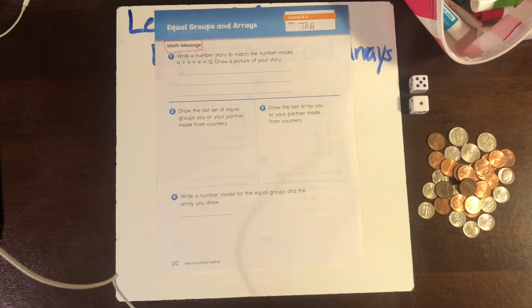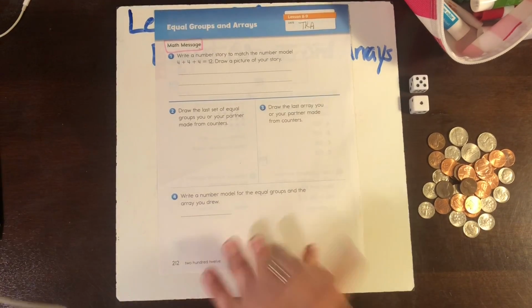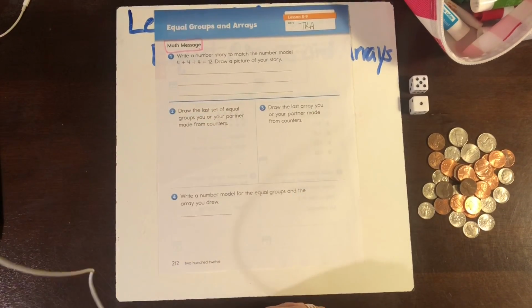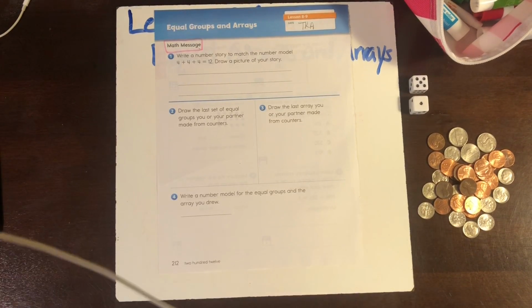It says, write a number story to match the number model 4 plus 4 plus 4 equals 12. Draw a picture of your story. So you can draw your picture over on the side right here, but these lines are for you to write a story. So I'll give you time to do that. All right, now that you have a number story,